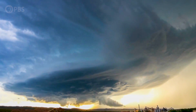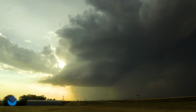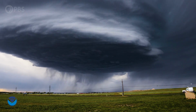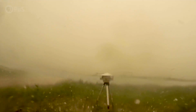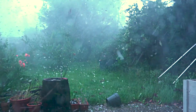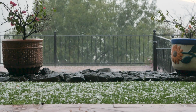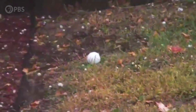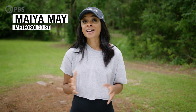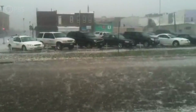Inside of a thunderstorm like this one, updrafts of nearly 100 miles per hour can lead to a tornado, or something much weirder that costs billions more in damages each year. Hail. Frozen, sometimes giant chunks of ice falling from the sky on a warm summer day. Oh my god, that was huge! This is the kind of hail that will come through a roof. While it may not seem as scary as many other natural hazards, it causes over $10 billion in damage each